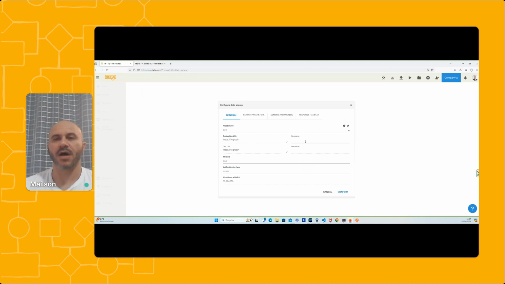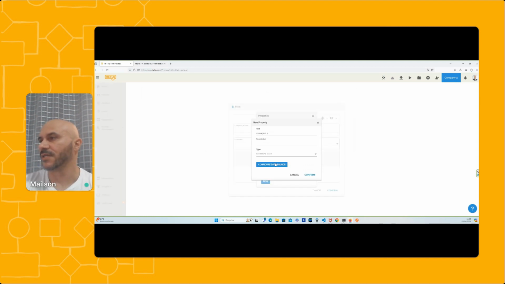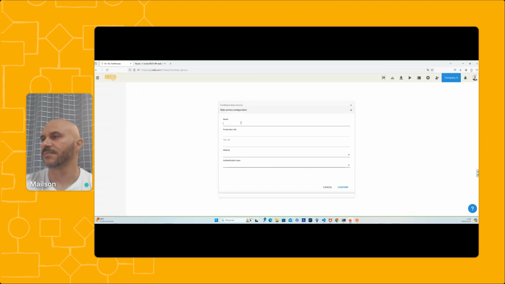It's not necessary to always create a new external data, or use another host. I can keep the same host, of course, it depends on your structure, but generally I just need to create one host and just change the resource, all right? But in this case, I'm gonna change the host. That's why I'm gonna create a new one. Okay, managers 2. I'm gonna click here. I'm gonna call it hack 2. All right, and then I'm gonna use my local